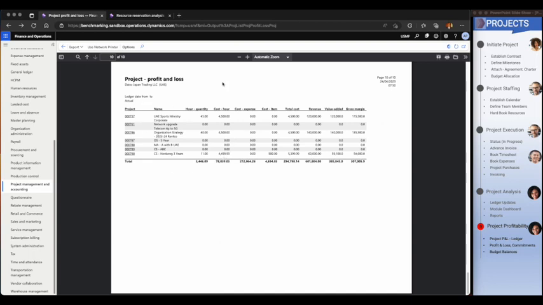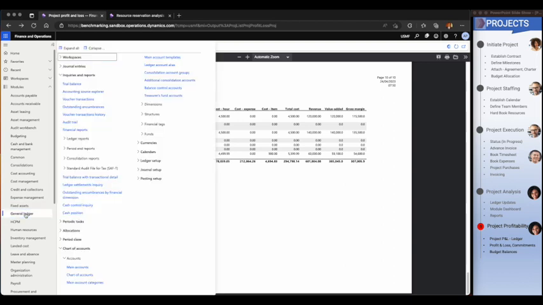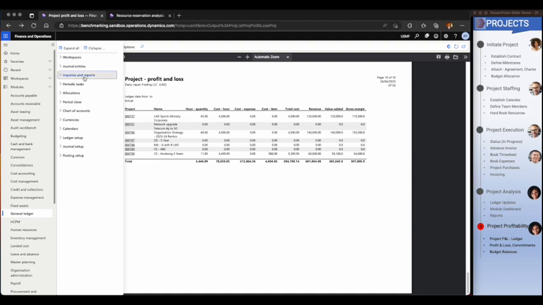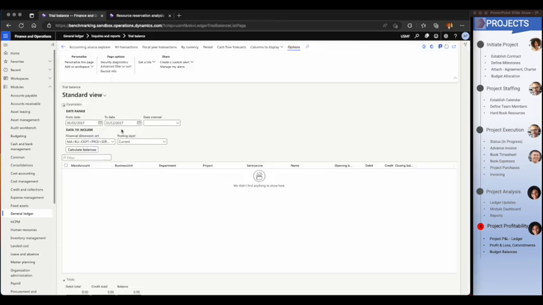Now let us look at the same data. This is operational data, because it goes into the level of operationally how many hours were posted, and what is the category of items, etc. The same thing will have an impact on my PNL as well, right? Because we are posting entries. So if I go to my inquiries and reports and trial balance, from the finance side, if I'm looking at